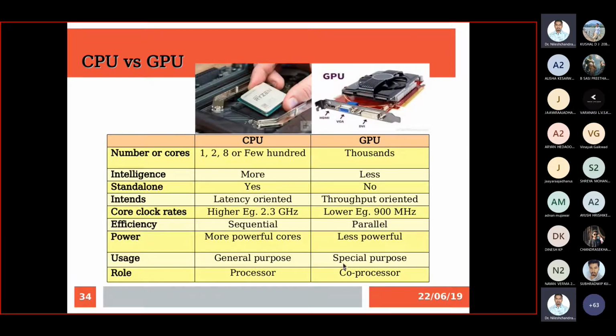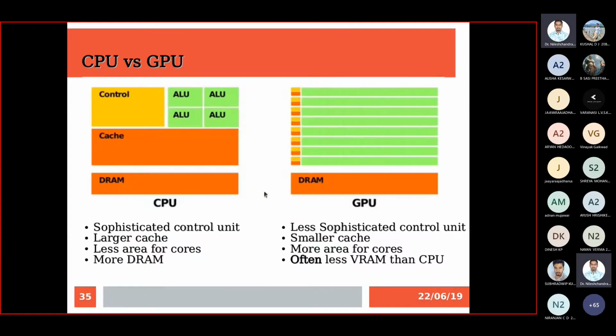On your motherboard, you'll have some slots to plug in these GPU cards. These GPUs are plug and play devices, right? That means you can have a board with a few slots for your GPU cards, or maybe you can remove an older GPU card and plug in a new GPU card over there. So it is a plug and play device. Right? So this is another difference according to the architecture: CPU versus GPU.